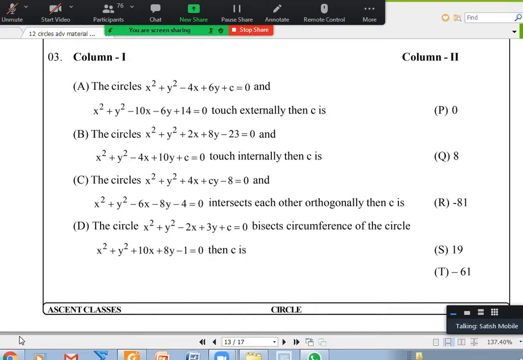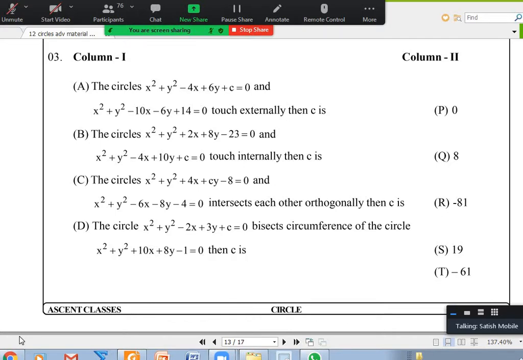Yesterday's exam may have been tough, but I sent the solutions. You can see them in the app. Otherwise, I took all the screenshots, made a PDF, and sent it in the group. Those who want can go through those solutions. If doubts remain, I'll try to discuss them later.